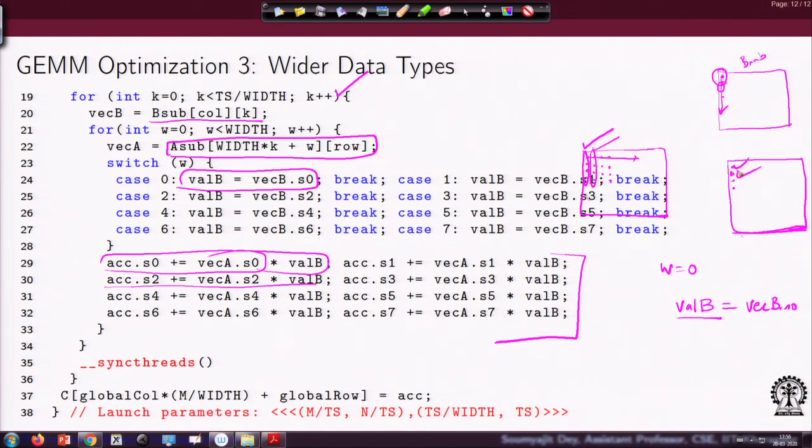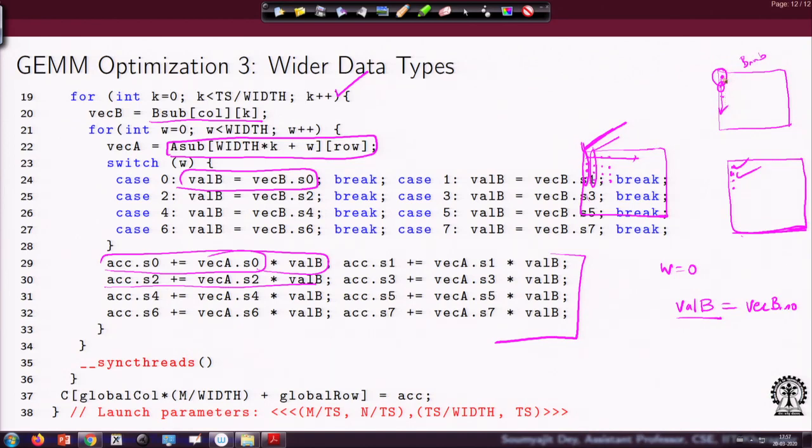So just to summarize, for this multiple values, for each of them I am making a vector load like this, and I am multiplying these vectors' different components with the components that are here.